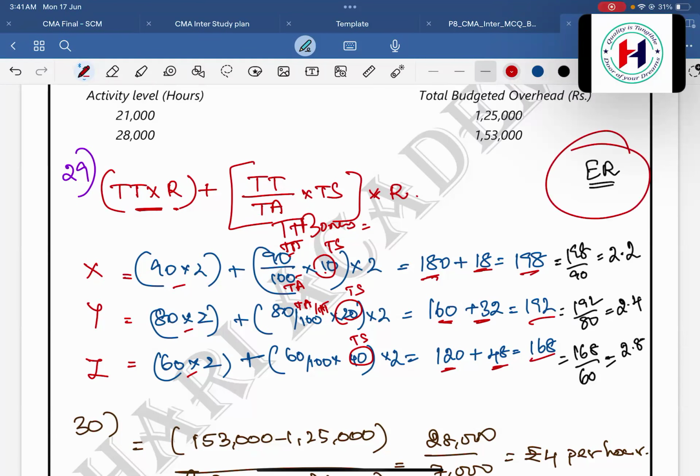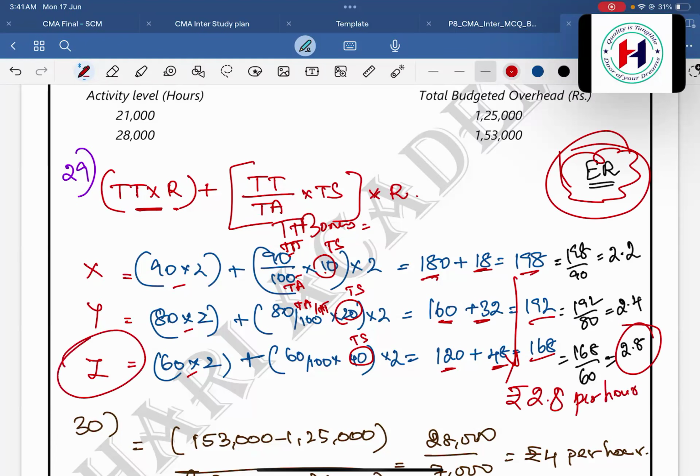Effective rate, even though if you see, the total earnings may be low. If you see effective rate, it will be increased for per hour rate, effective hourly rate. That is for Z is high, because 198 divided by 90. For effective rate, the formula is your total earnings divided by time taken. Total earnings by time taken.